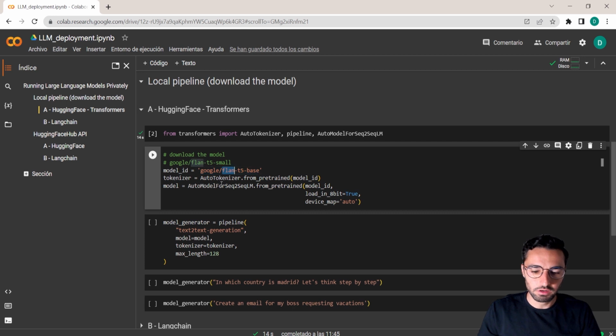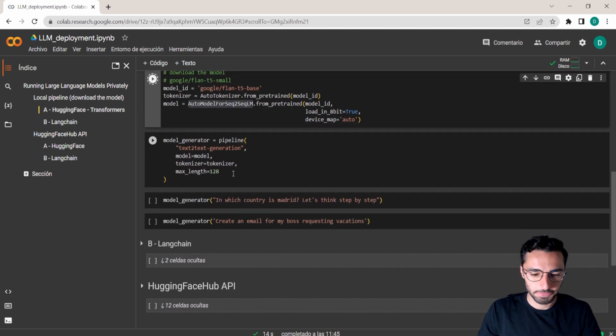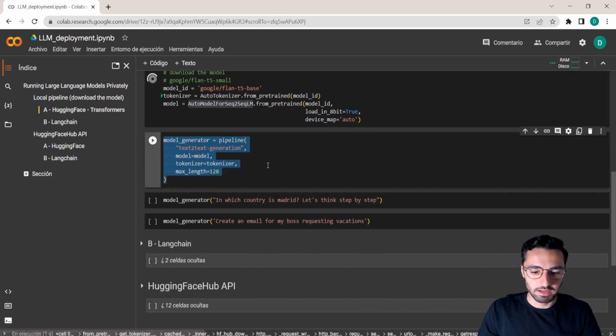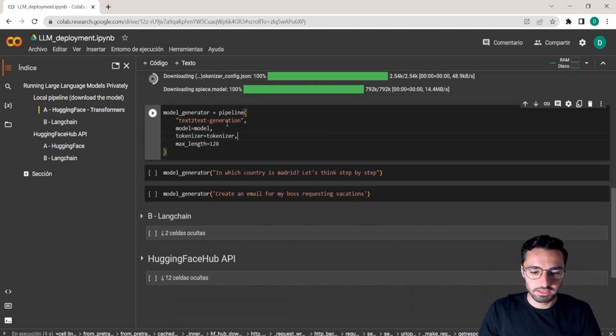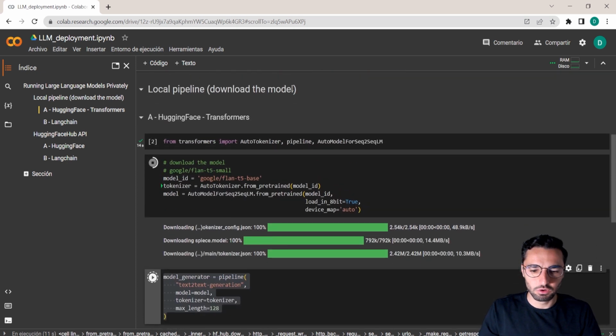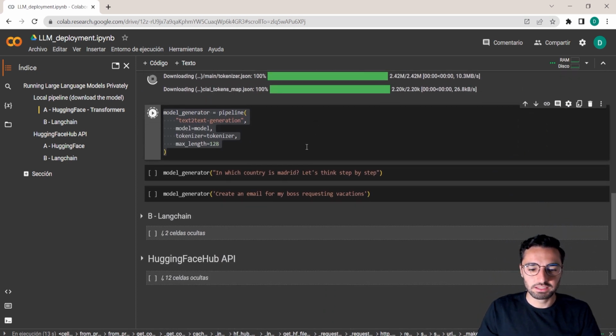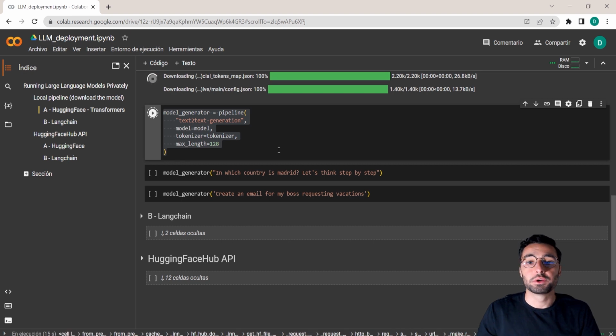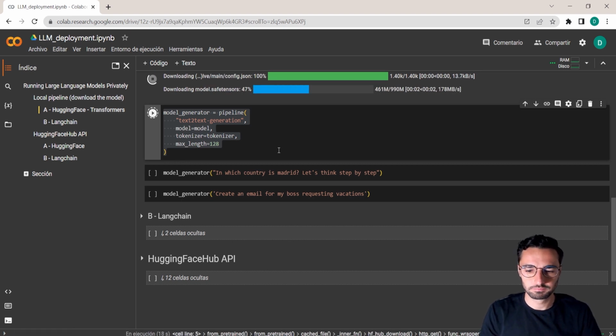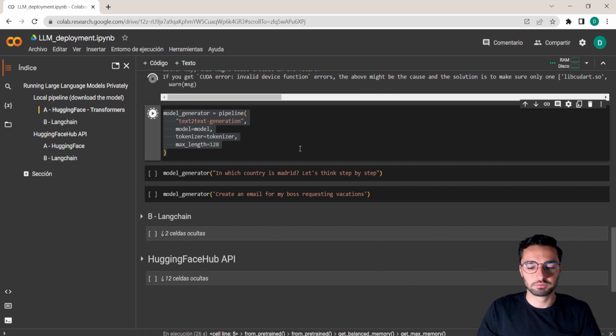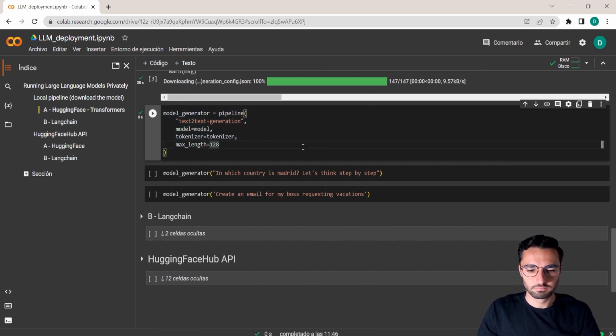Once we define the model, we load the tokenizer, and here we load the model. And then we create this pipeline. We are just defining the text-to-text generation. We pass the model, tokenizer, and the maximum output length. For this section and the loading of the libraries, it might take you some time because we are just running it for the first time. As we can see here, the model is almost 1 GB big. After downloading the model and then running this,